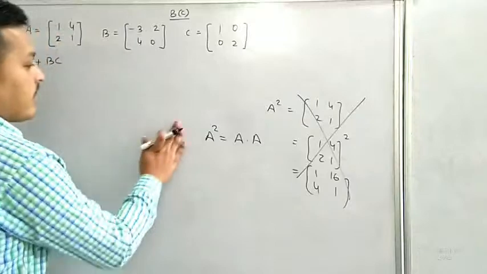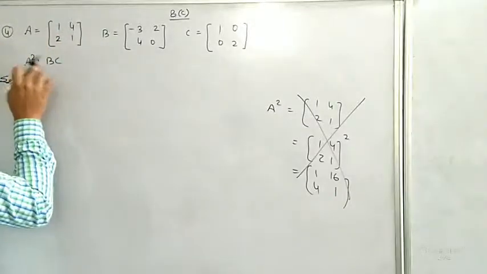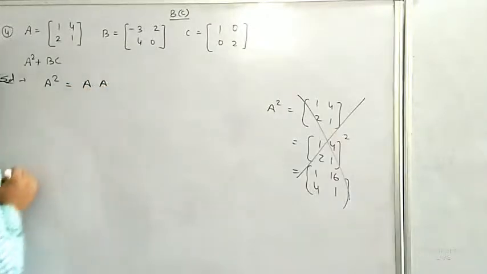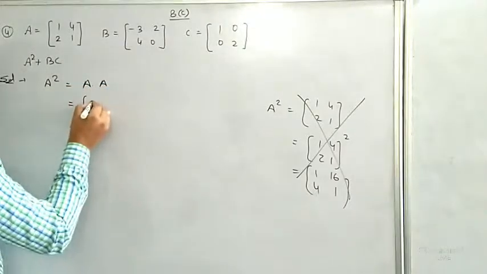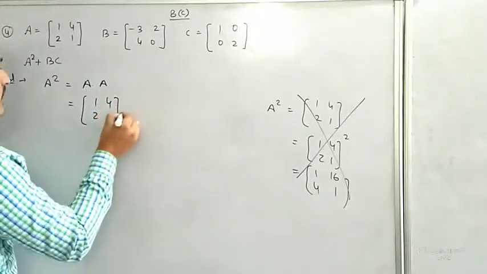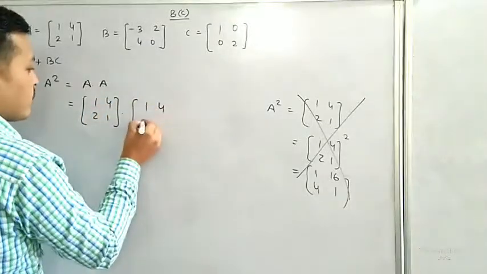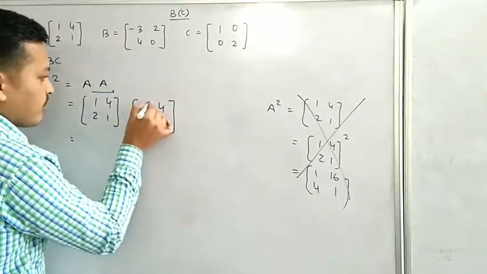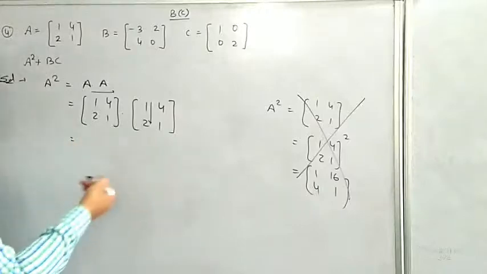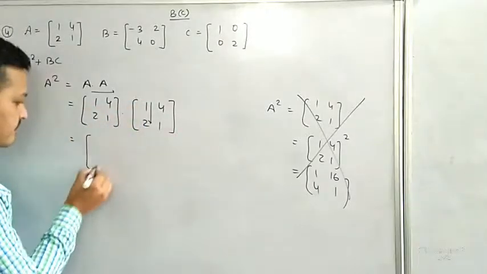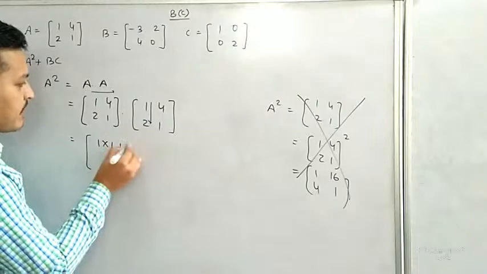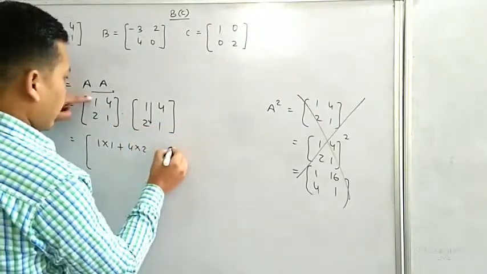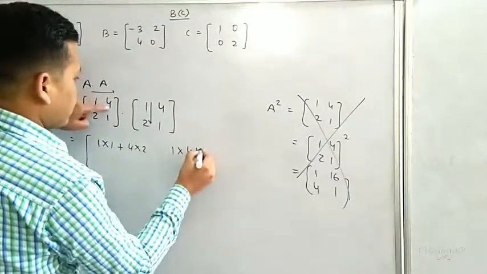So let us check what A square will be. First calculate the value of A square. A square means A into A. So what is our A? 1 4 2 1, and the second A is also 1 4 2 1. So find the product. As you know, first row, first column, so immediately we can solve it. So 1 into 1, plus 4 into 2. Next, 1 into 4,